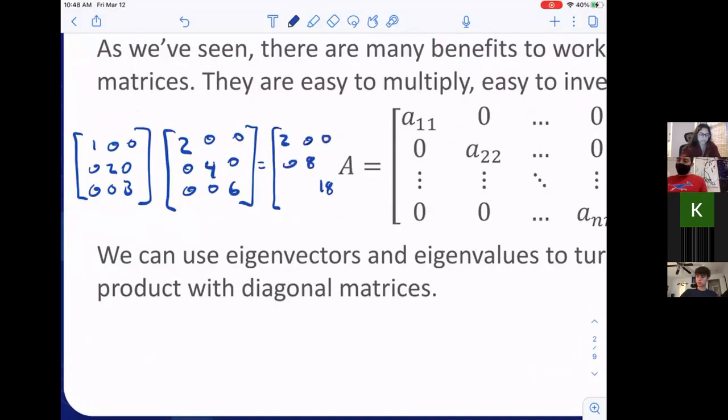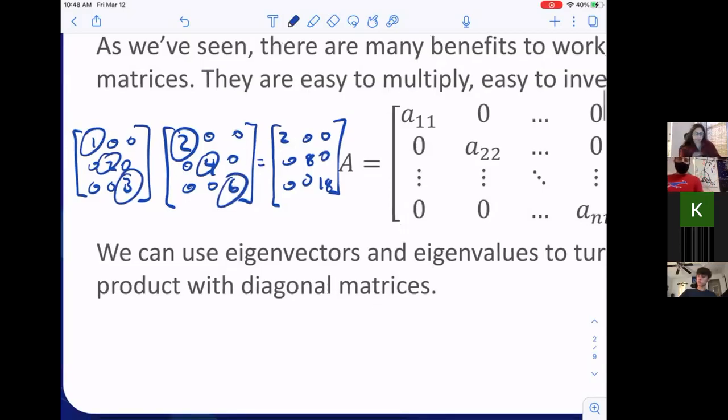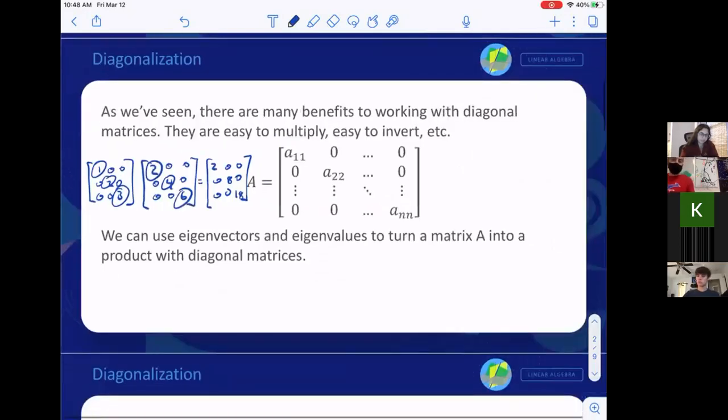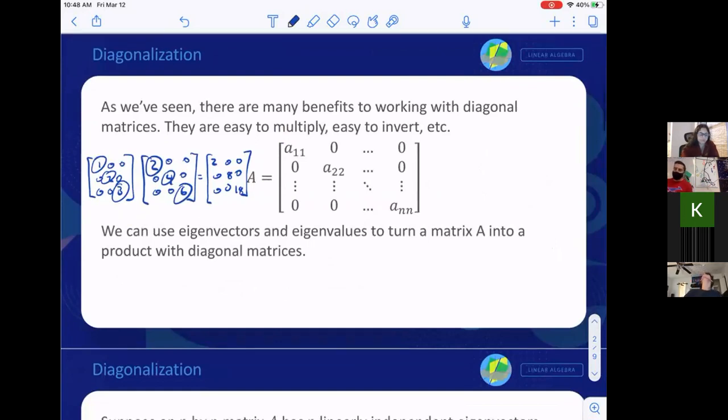So diagonal matrices are really easy to multiply because you're not doing a bunch of dot products and adding a bunch of things together. You're just multiplying these two numbers, and then these two numbers, and then these two numbers. So we like diagonals, and again, that'll be the main thing we'll find useful in the application. It'll be that idea that we can multiply these things very easily together.